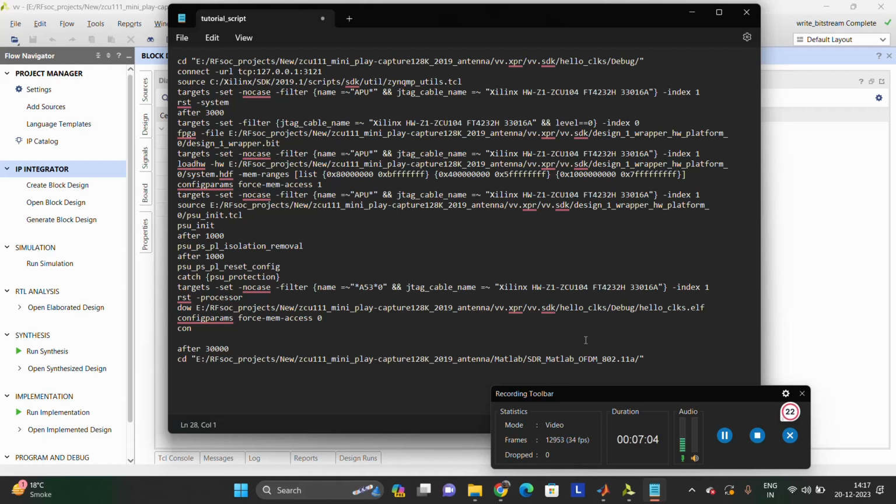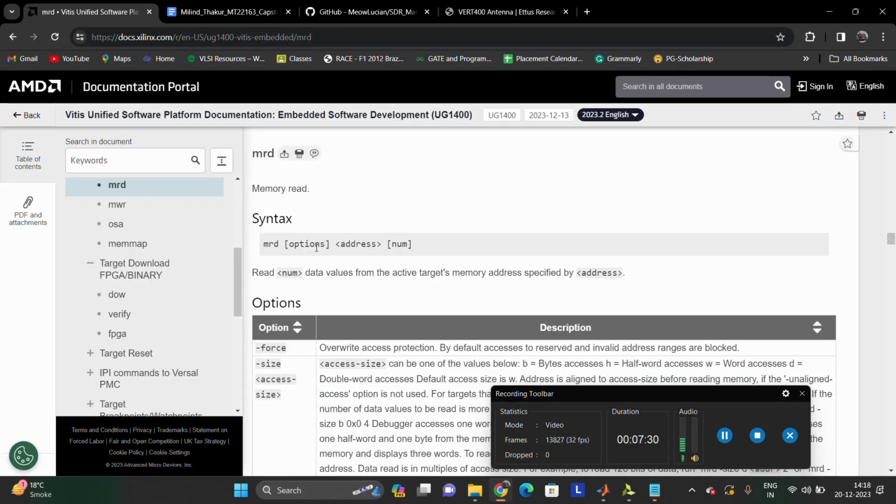Now the next part is to download the data from the bin file to the BRAM which is connected to DAC. For that, I will be using DOW command. These commands are given in the documentation portal for